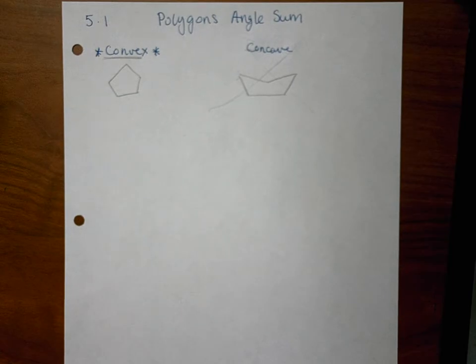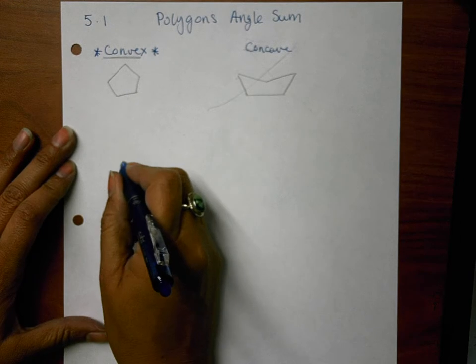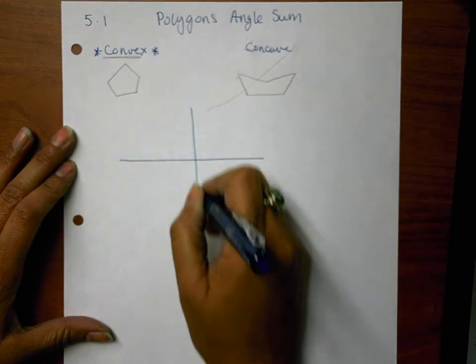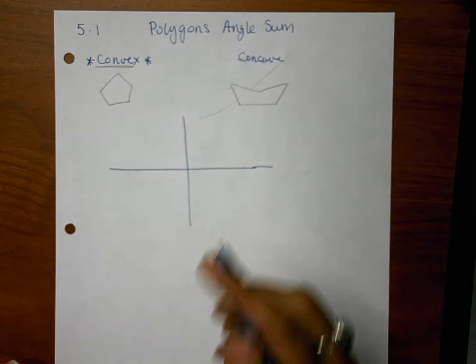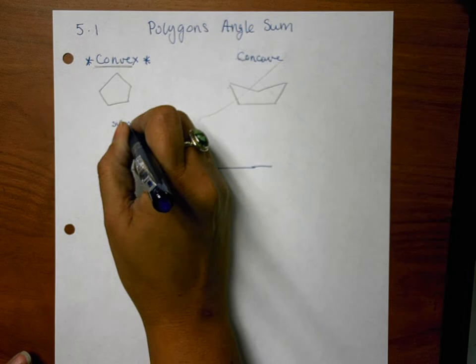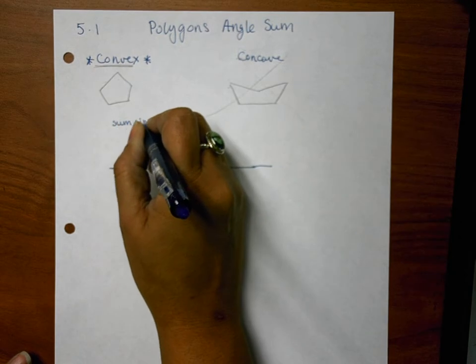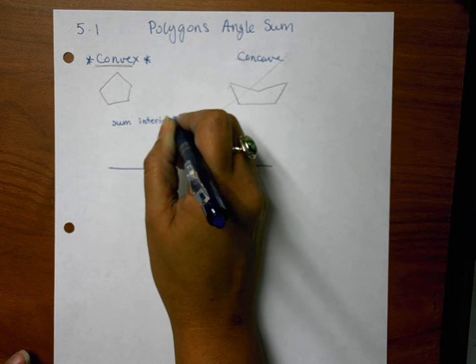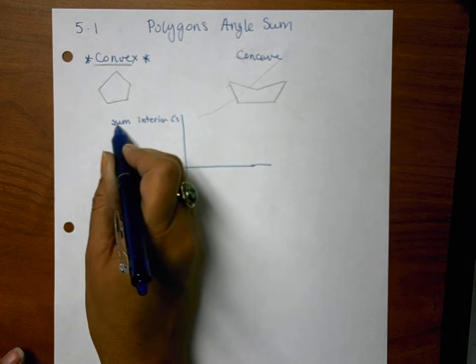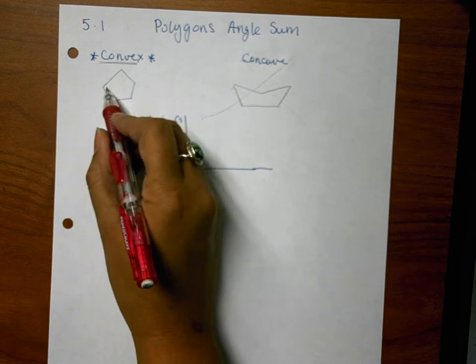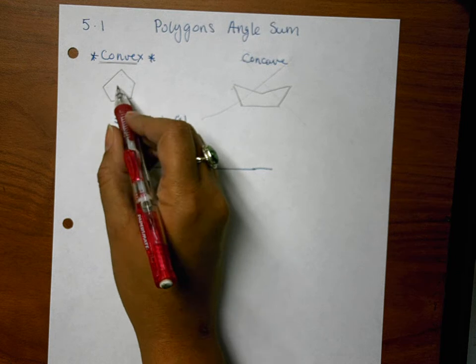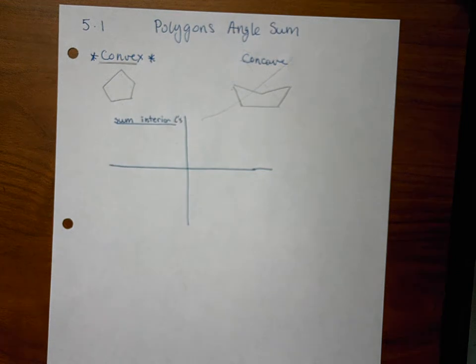Okay. Now, when we get back in class, I will go over how the formula was derived. But for now, I'm just going to give you the 4 formulas you will need for this unit that you will need to have memorized for the test. So we'll start. First one is the sum of the interior angles. So 1, 2, 3, 4, 5, the sum of the inside angles. The formula is always going to be